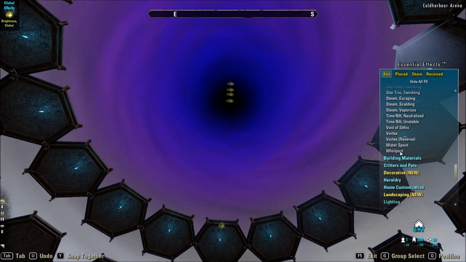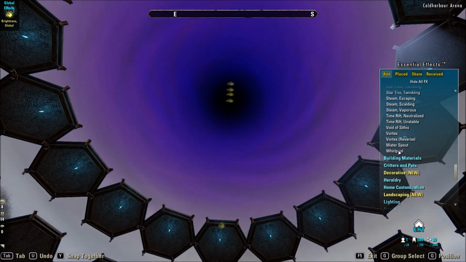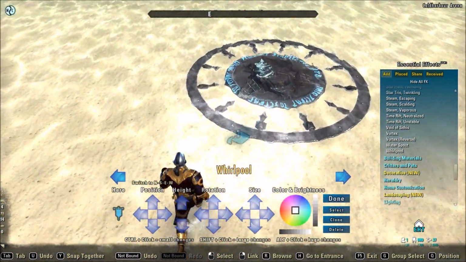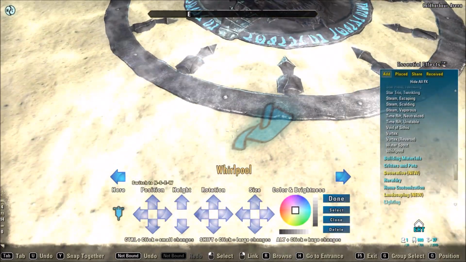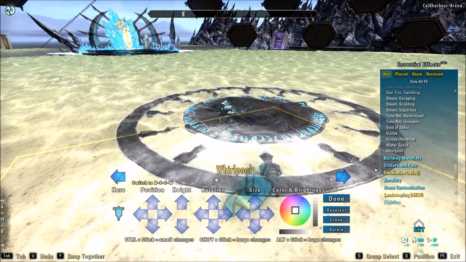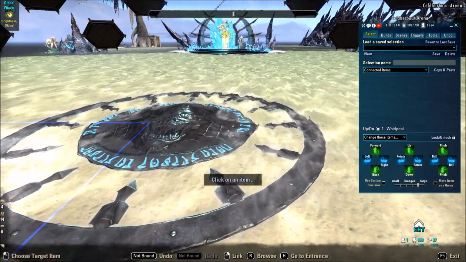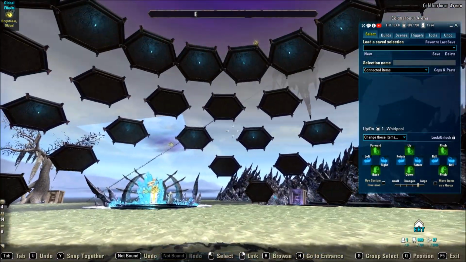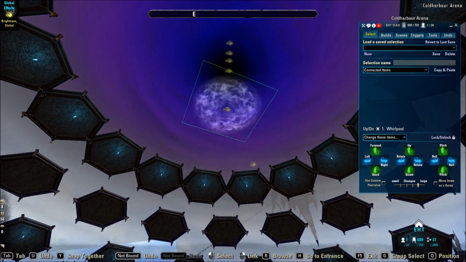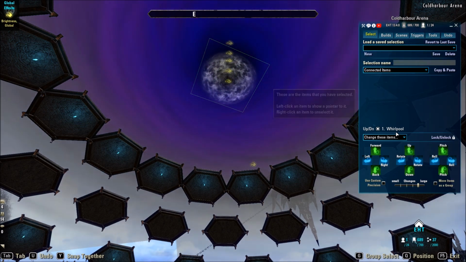So now the other thing I want to put in the center, just to give it a little more interest in the center, to draw the eye there I guess, is I'm going to use a whirlpool. And a whirlpool sort of looks like, if you can see it there, like water, like a water whirlpool I guess, I'm not sure. I'm going to select it though, want to make sure that it's centered, change these items, center group on scary face, and we're going to move that up there, like so. And I'll deselect it,